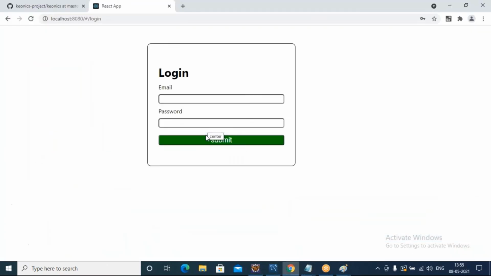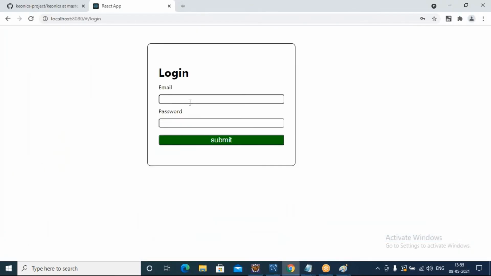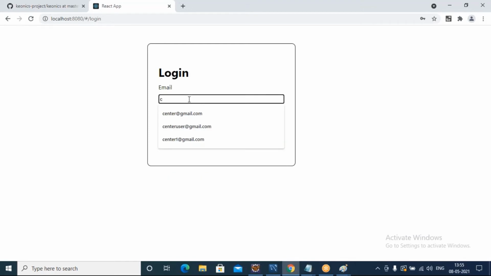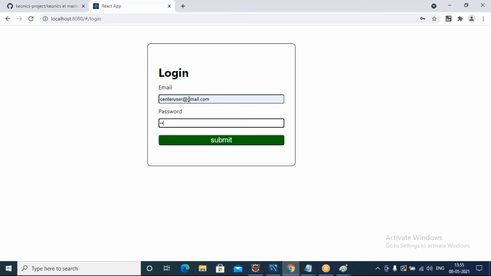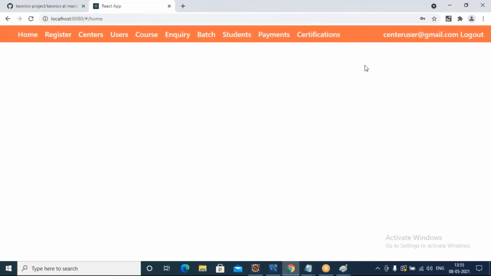For center I have given center as password. Okay, give center user, enter as password. Now we are able to see the center here.